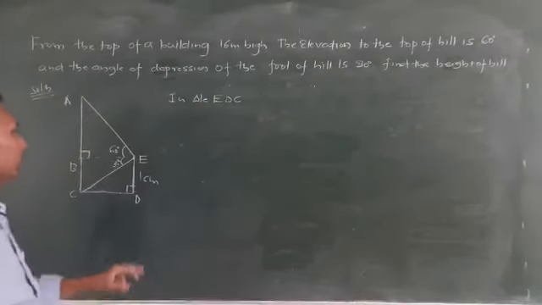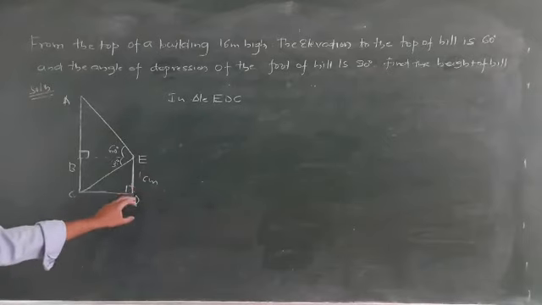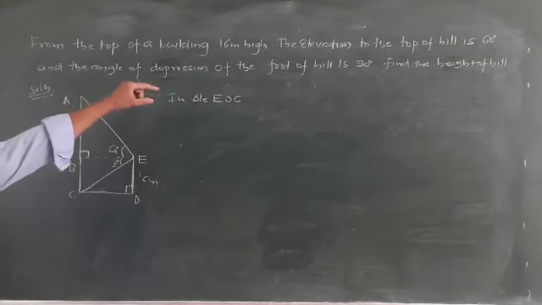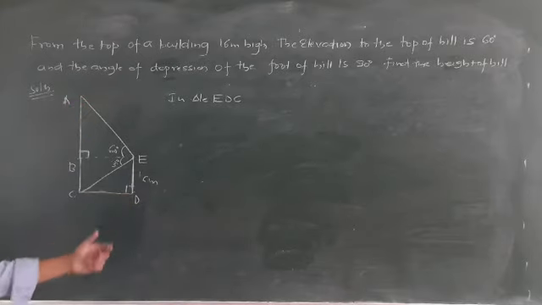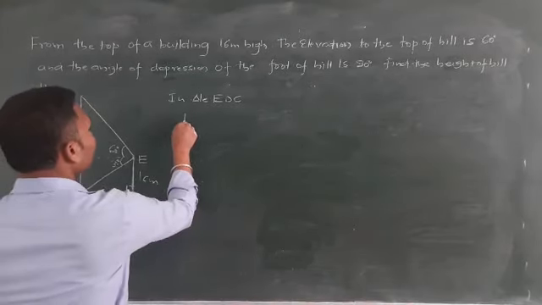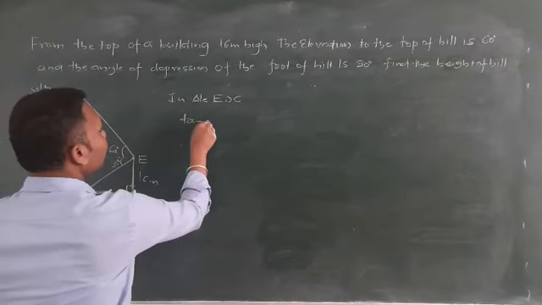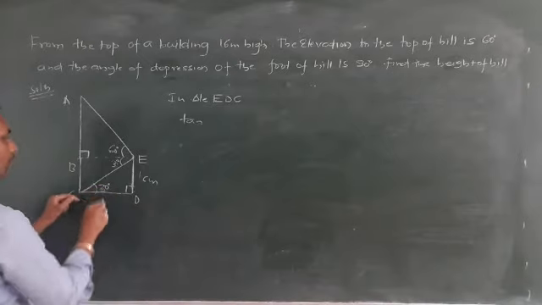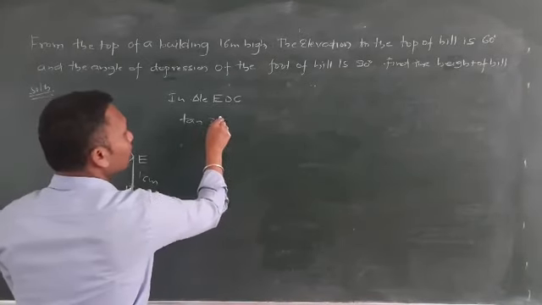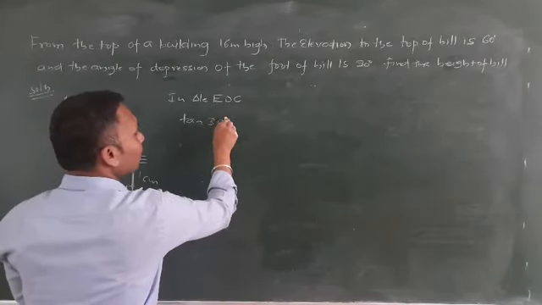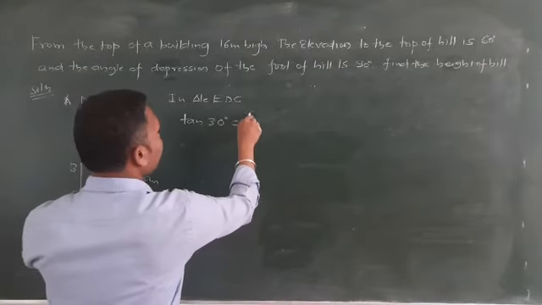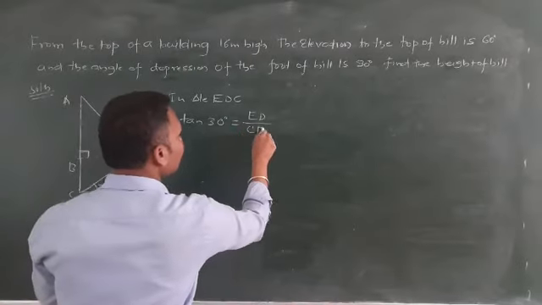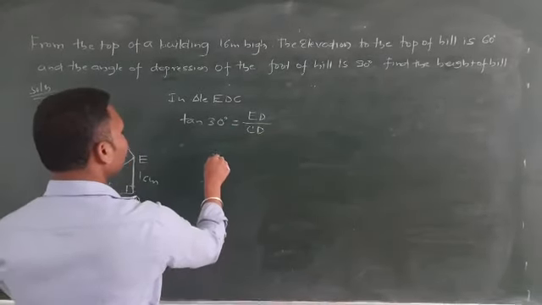EDC. In this triangle EDC, we have a 90 degree angle, and ED is nothing but the 16 meter high building, and C. So we'll apply the proper trigonometric ratio. Tan of, so this is 30 means this is also 30 degree. So tan of 30 degree is equal to ED by CD. So tan of 30 is nothing but